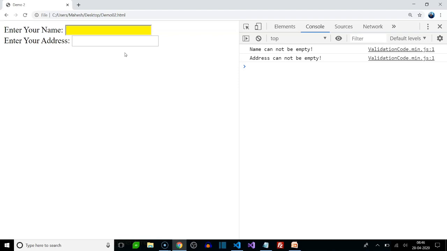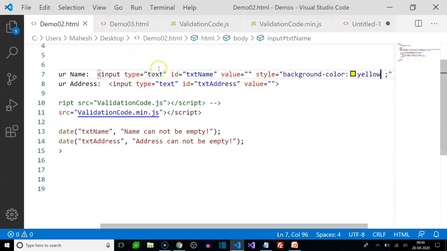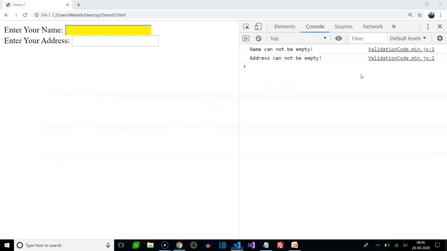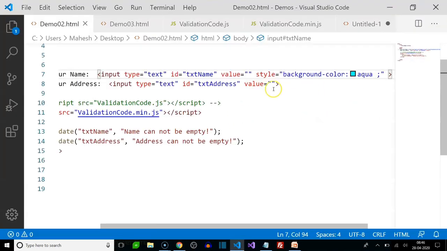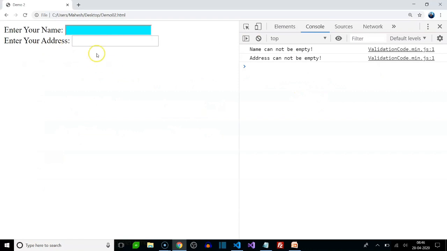So normally what people do is they may go to the source code and try making changes here. So it's not yellow, it can be, let's say, aqua. And then they'll refresh this code and look at it. Normally, doing a change specifically for styling or CSS and then going back to the UI and seeing it takes time. So instead of that, the easiest option available is, you can very well right click here,